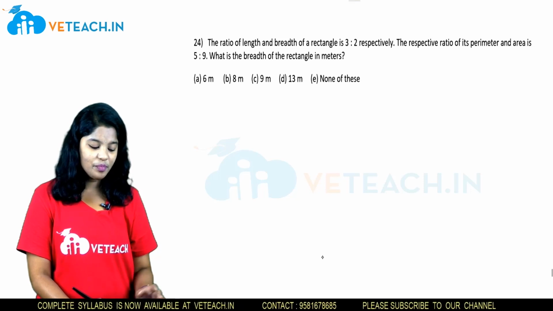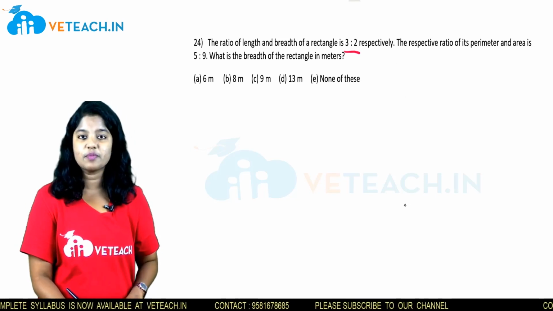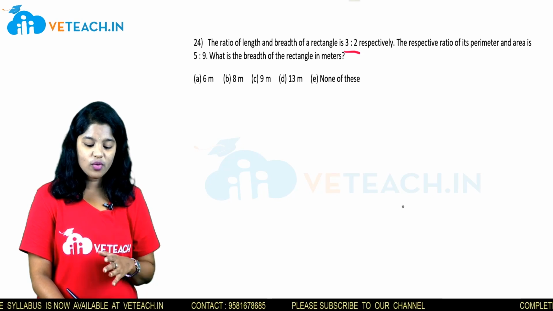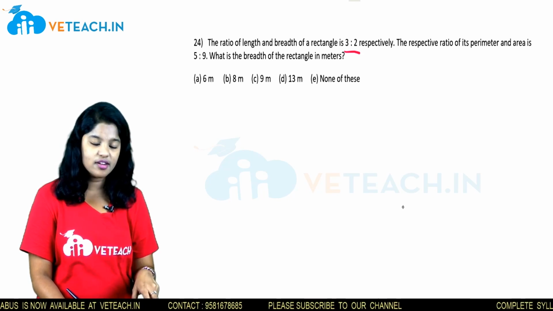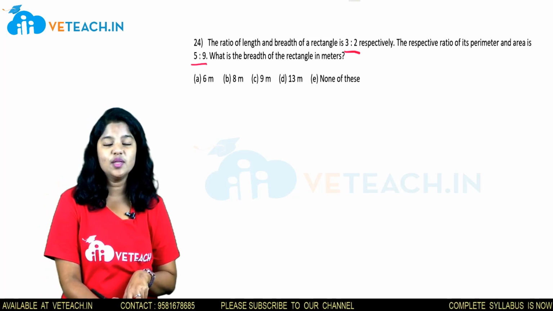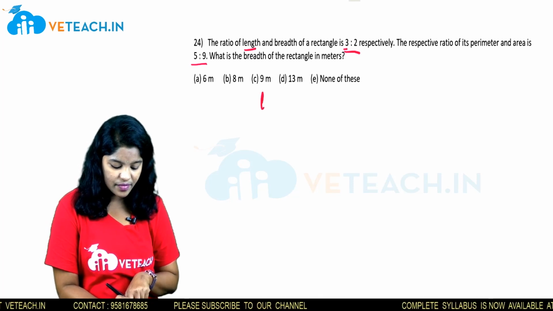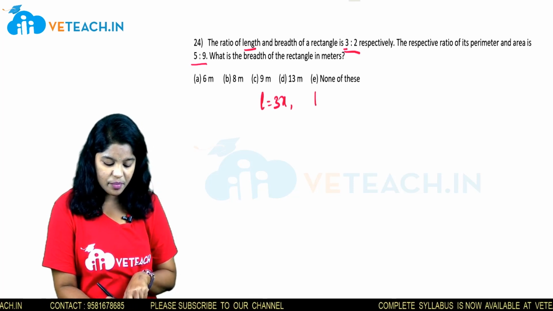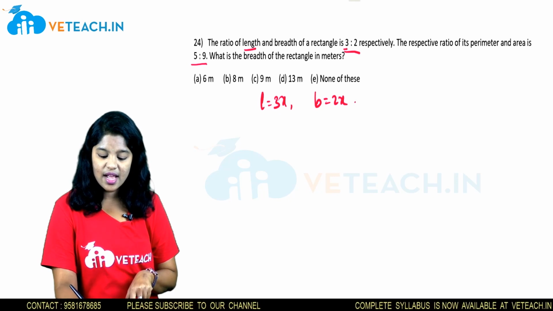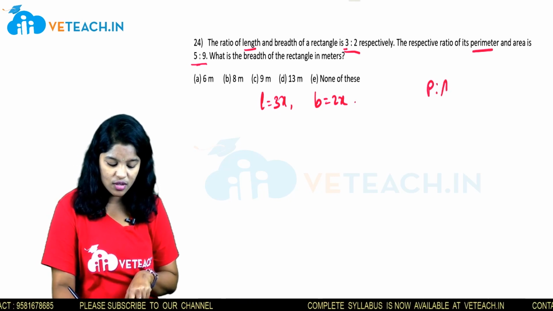See the next problem. The ratio of length and breadth of a rectangle are 3:2 respectively. The respective ratio of perimeter and area is 5:9. What is the breadth of the rectangle in meters? So let us consider the length be 3x and breadth be 2x, and the ratio of its perimeter and area are in the ratio